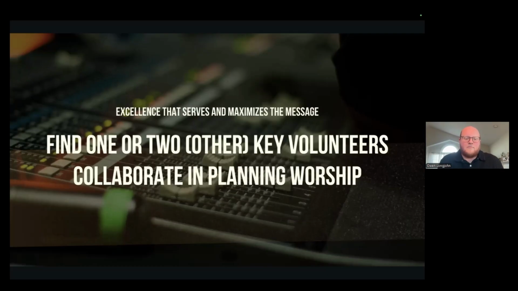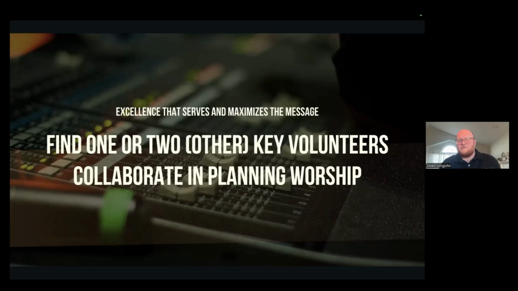The other piece here, one or two other key volunteers, if you are that key volunteer. The other piece that I really do love to invite tech people into is to collaborate in planning worship. Maybe that doesn't mean they're picking songs, but if you have conversations like the ones I mentioned, some of those conversations around your liturgy and how the technology can help serve the liturgy in some creative ways. I don't know what the liturgy looks like in all of your different churches, but there might be some different things that you could do whenever you're doing communion or baptisms or practicing any of the sacraments, right? There could be different things that you're doing, especially as we are coming up on Good Friday and Easter. Maybe there's some different opportunities for creativity in your tech.